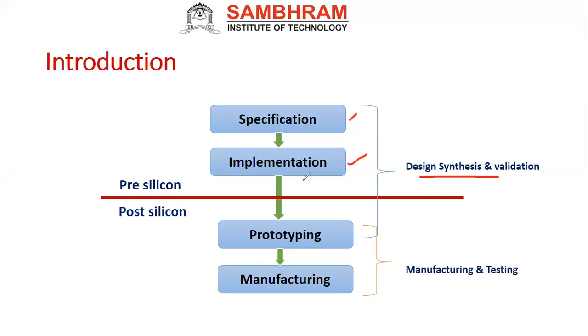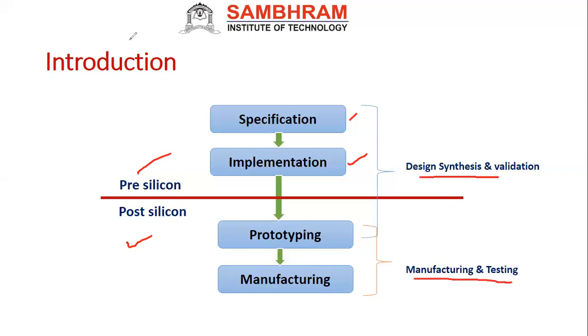So we'll do two-level verification. The first level of verification will be done on the simulation side. The second level of verification will be done on the board. That is the prototyping there only. Otherwise, if you want to go for manufacturing, you decide that you can go for the manufacturer if you need it individually. That is why this is for pre-silicon, this is for post-silicon. So this prototyping and the manufacturing will be in the manufacturing and testing.